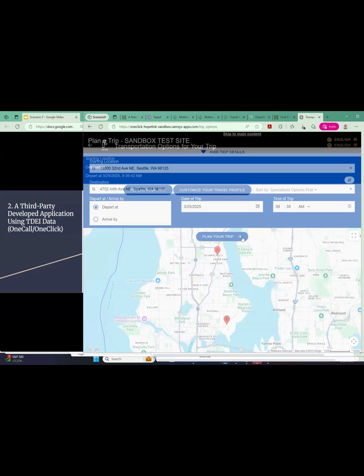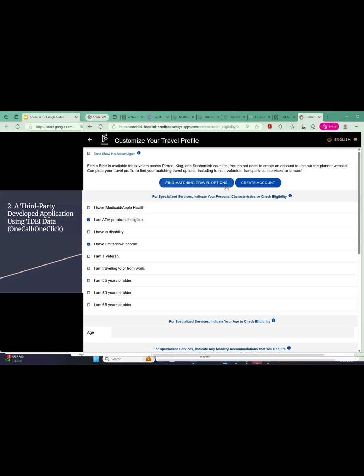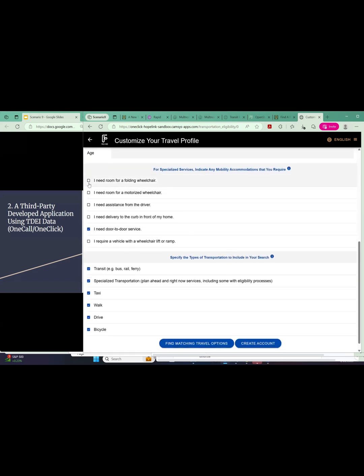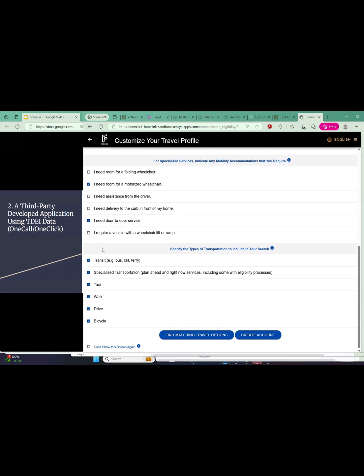I'd like to provide certain travel options. I am ADA paratransit eligible, and the indication that I have not. And I would like to have room for a motorized wheelchair, door-to-door service, and I am allowed to walk.